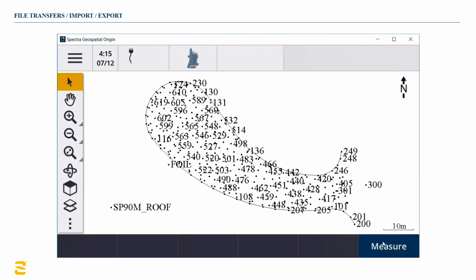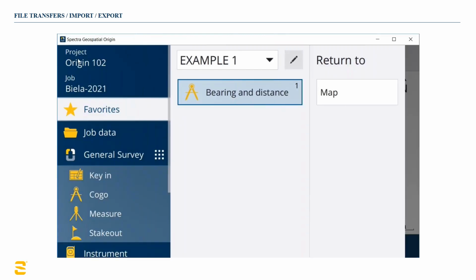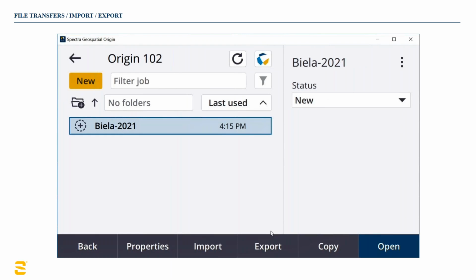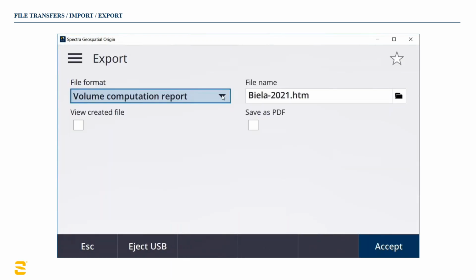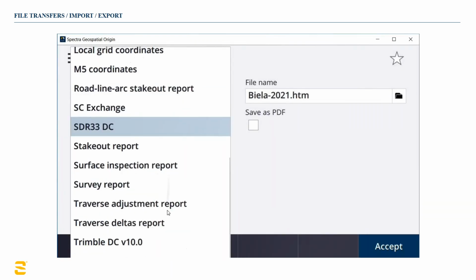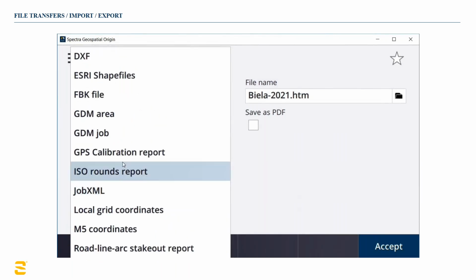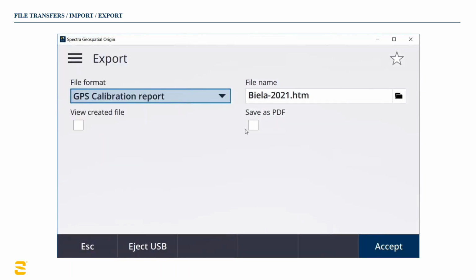And now, if I want to go to export, I've done it back there, but go back to the job level where I've got my export choices. And if I drop this box down, you'll notice that I now have the GPS calibration report. So all I did was add the